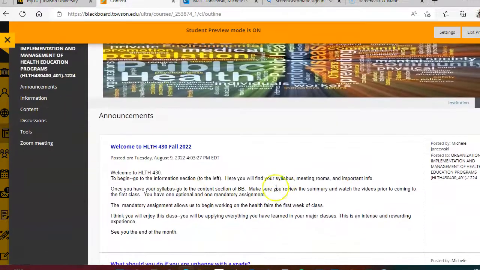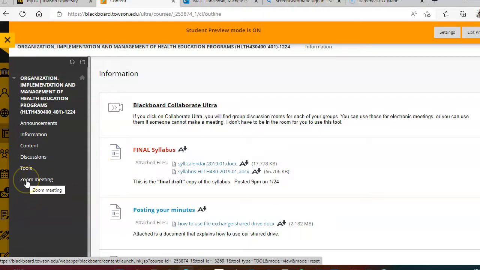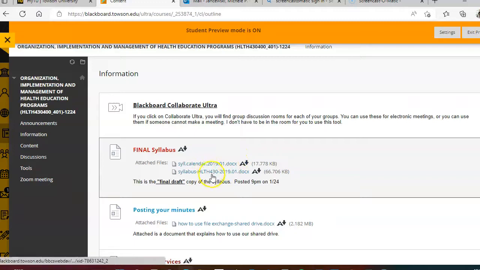It says in the announcements that the first thing you should do is go to the information section. If we meet online, we'll go to Collaborate Ultra. The Zoom meeting is in case Collaborate's down, but we're usually going to stay within Blackboard. Here's your syllabus. This is not your syllabus yet because I have not uploaded it, but your syllabus will be